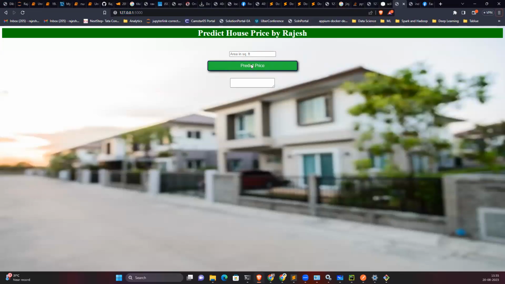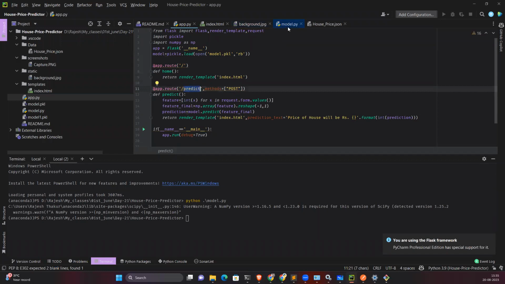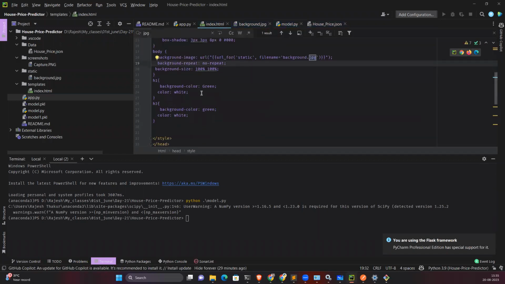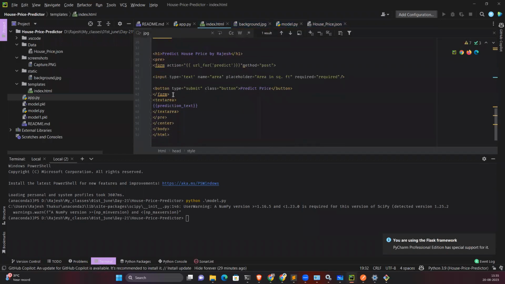Now there is a button called predict price. You can go to index.html again and you can see there is a button section. So here, if we are hitting this button,